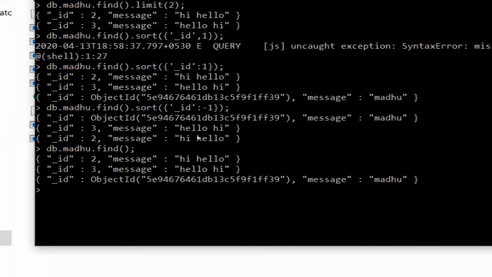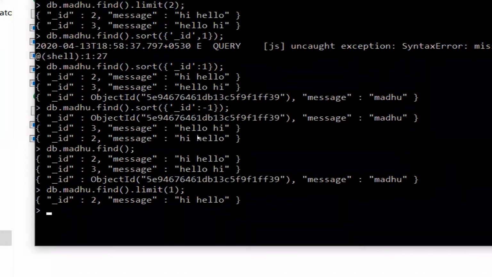So if you want to read only 10 documents, then you can put db.madhu.find and you need to put a limit there, dot limit of, say you want to read only one particular document from the collection, then you can put limit of 1, only one document will be read.